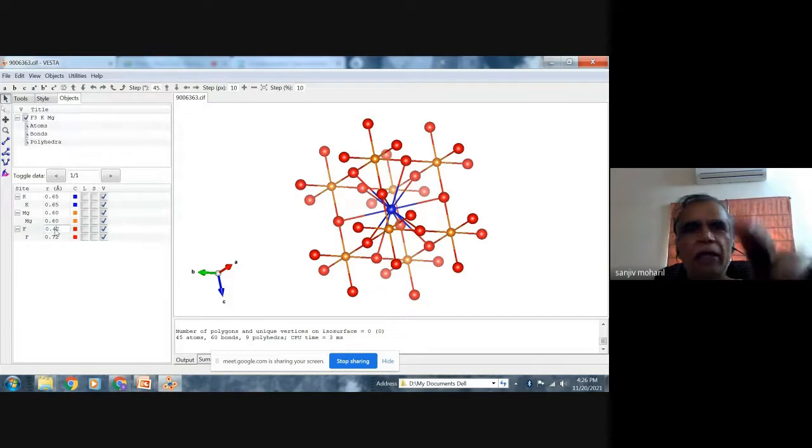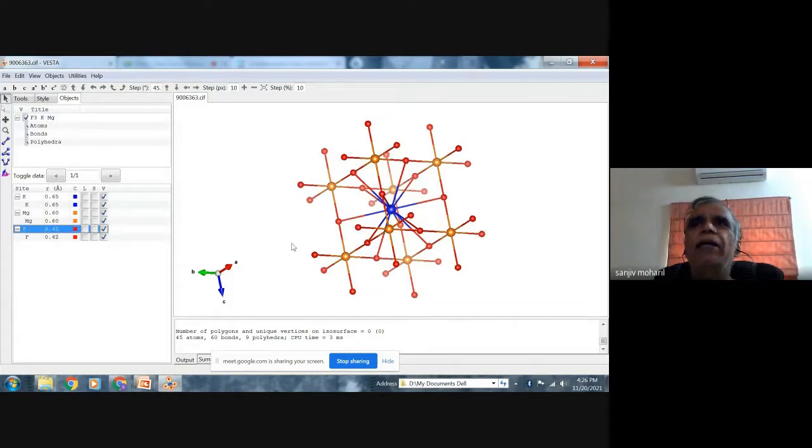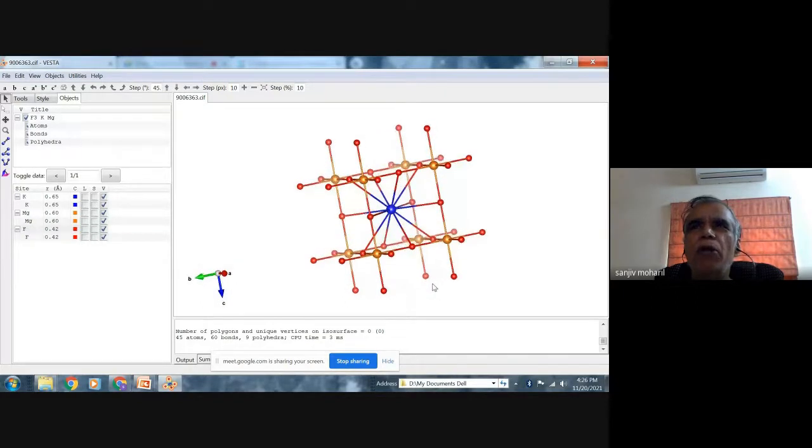This way I can play with it and I can get my model. Then it shows various types of bonds. So this is my potassium atom. I can see that it has got a coordination of 12.